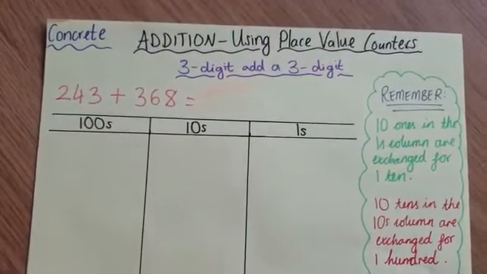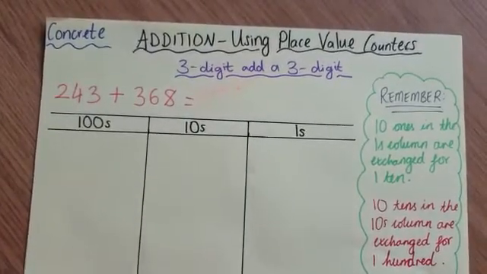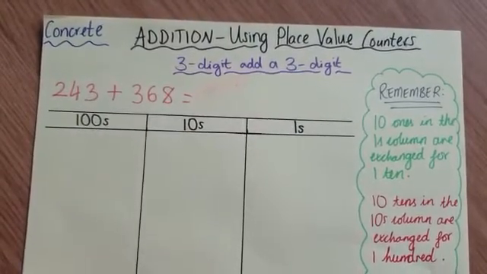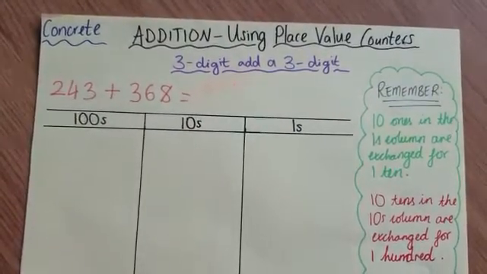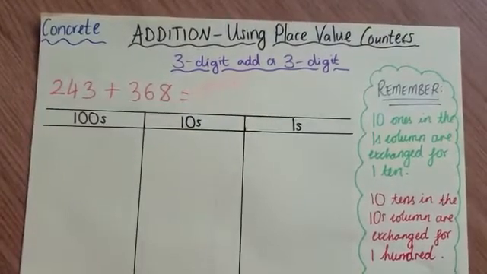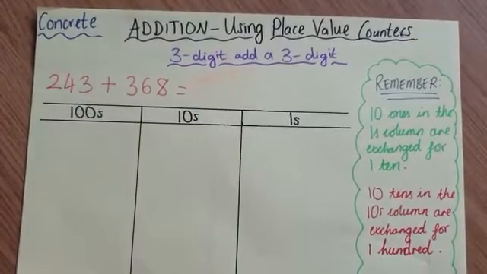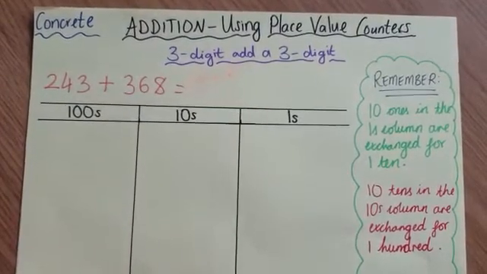So we're now going to look at addition using a different concrete manipulative. We're now going to use our place value counters, and we're going to be adding a 3-digit number to a 3-digit number. And we're now going to have our hundreds, tens and ones. So first off, we're going to start with